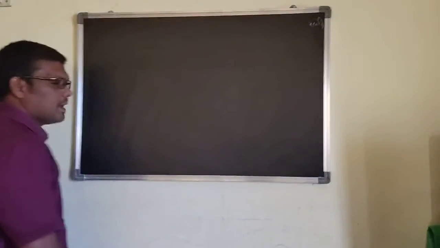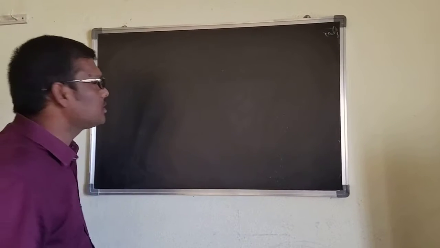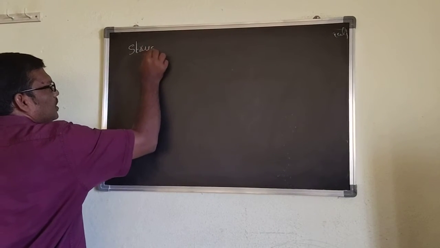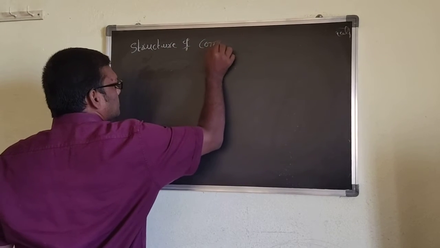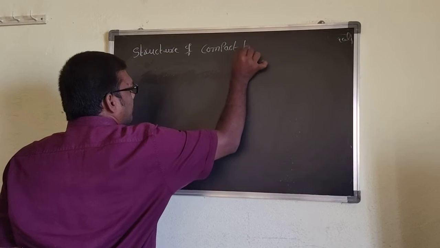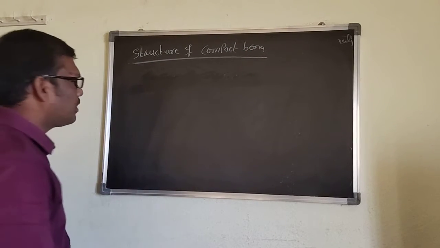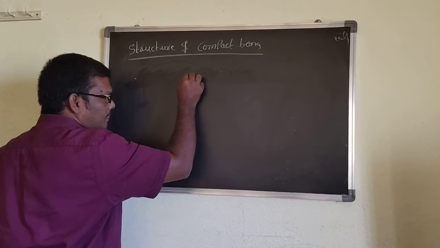Last class we discussed the two types of bones: spongy bones and compact bones. Today we can go for the structure of compact bones. In the structure of the compact bones, now suppose